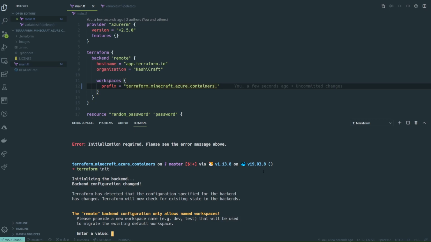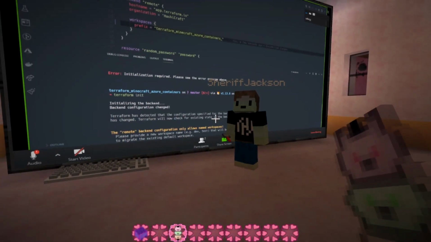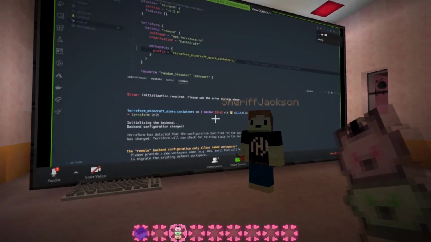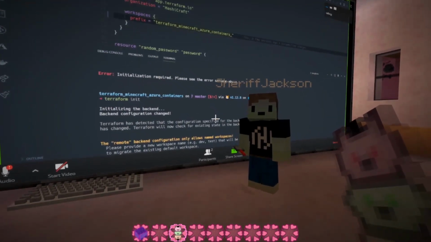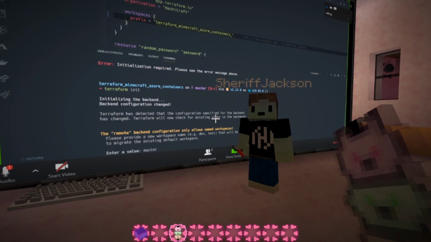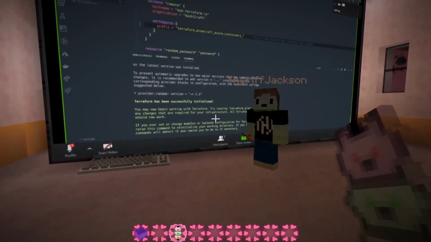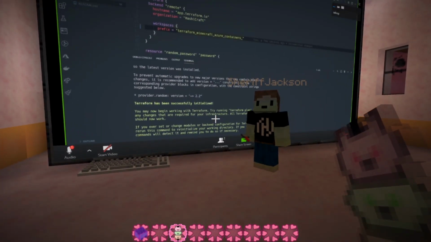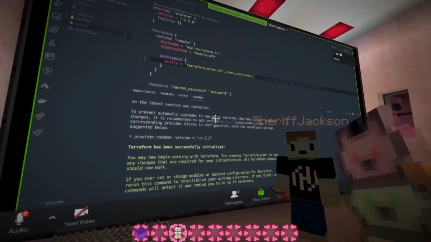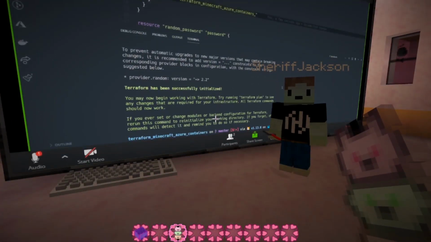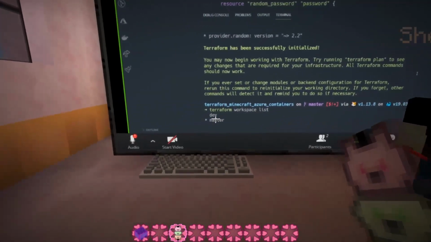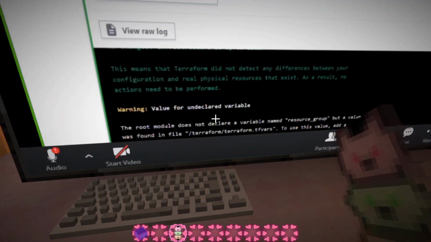What is the name of the default? Well, what we're going to do is follow a convention which uses a branch-based approach. The branch that we use is going to be the same as the Terraform workspace. So that's going to be a GitHub or a Git branch then, right? That's correct, yes. So that's all linked up there. Now our master branch has a Terraform workspace called master, and that links to the workspace in Terraform Cloud.